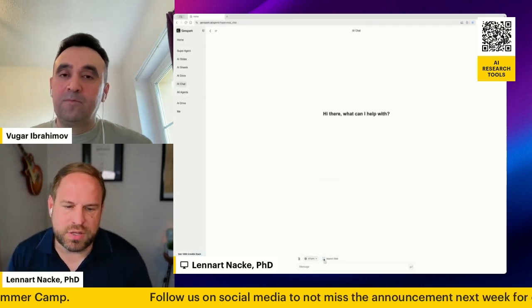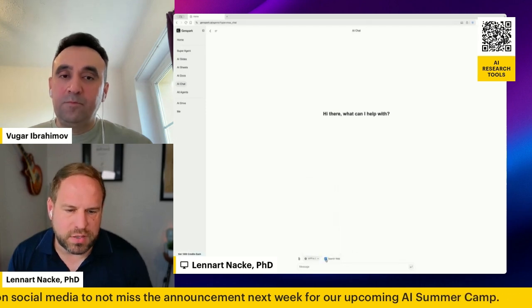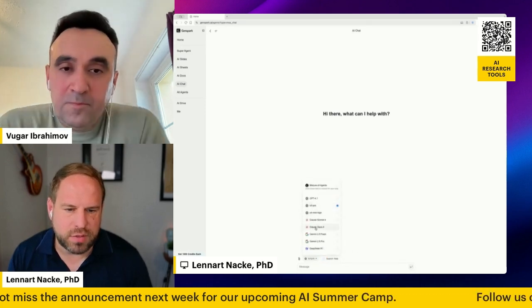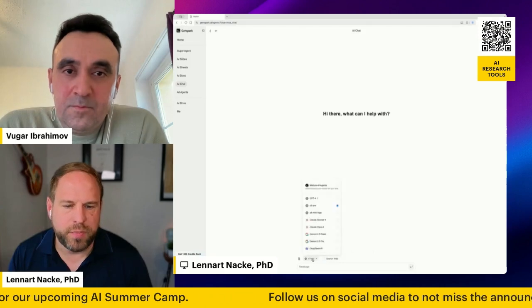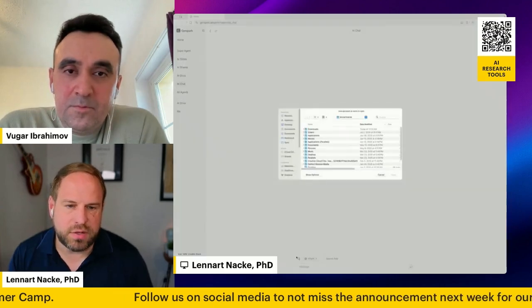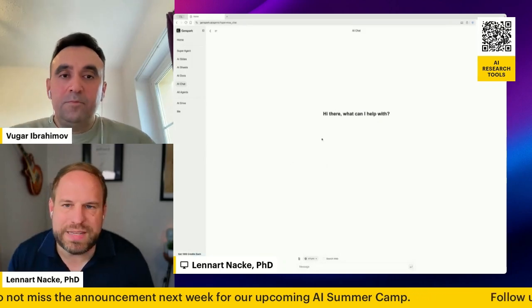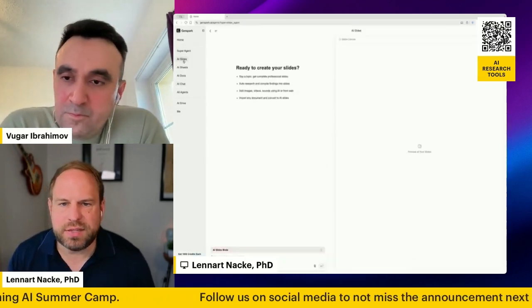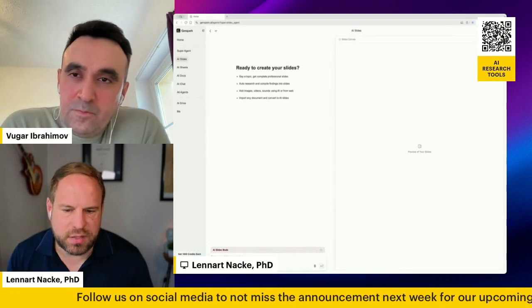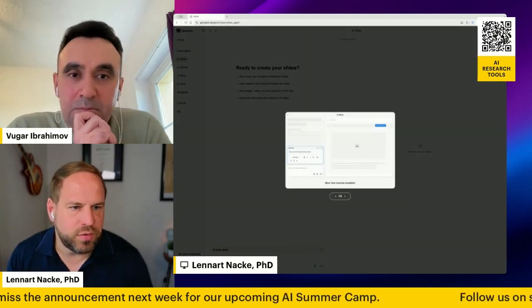And then, of course, you can tie it to a web search if you wanted to, but not all models have that enabled. So for example, if you're using O3 Pro, you cannot search the web. You get that little indicator here. But then, similar to what we just demoed, you could upload stuff and easily get documents in here and do chats and things like that. It has these slide creation features. So here it tells you there's a new control and you can do even more for your slides.